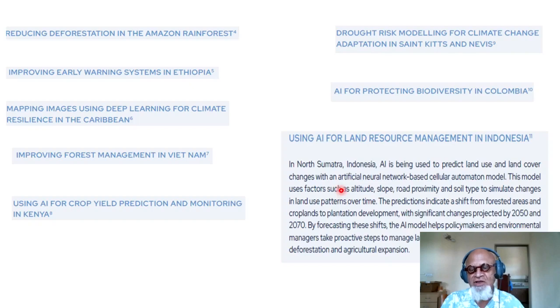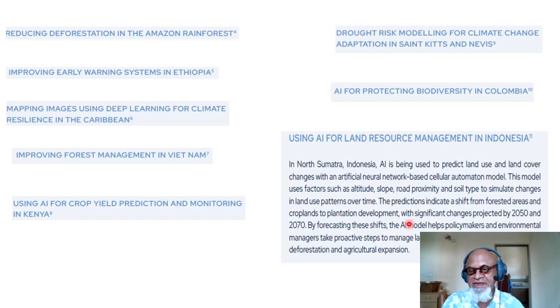In North Sumatra, Indonesia, AI is being used to predict land use and land cover changes with an artificial neural network-based cellular automaton model. This model uses factors such as latitude, slope, road proximity, and soil type to simulate changes in land use patterns over time.